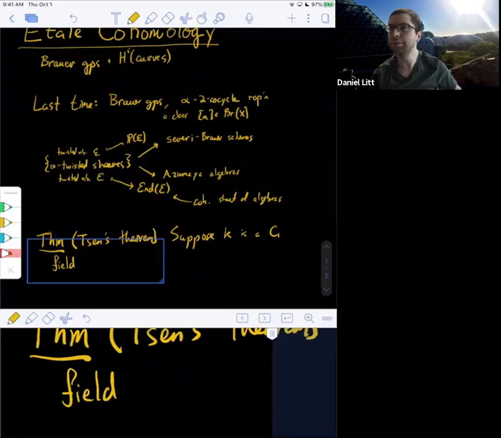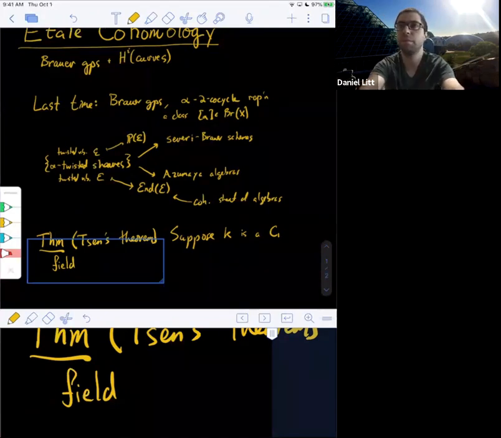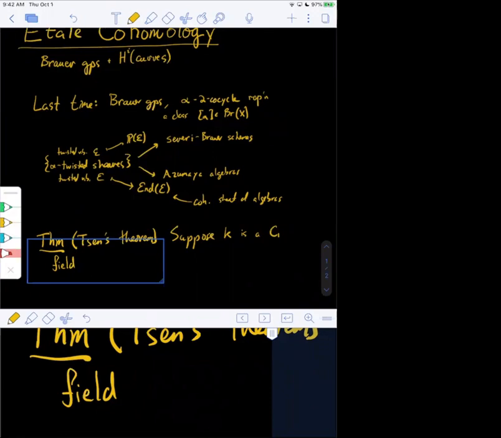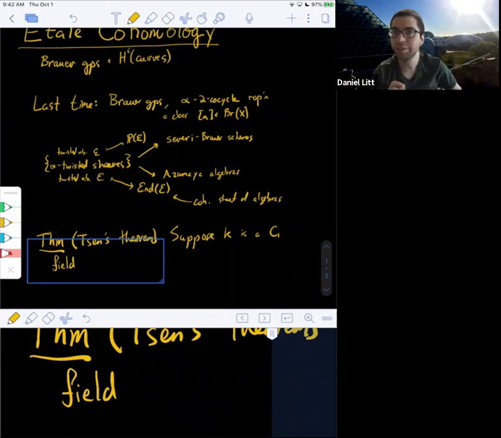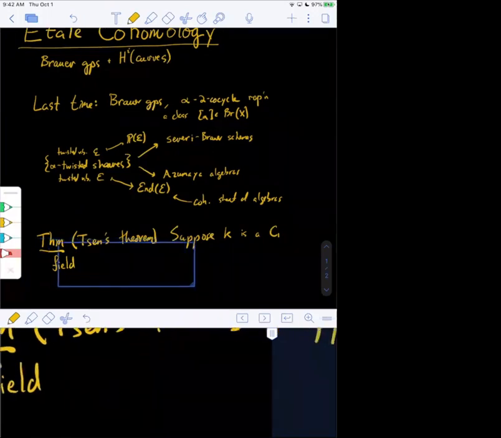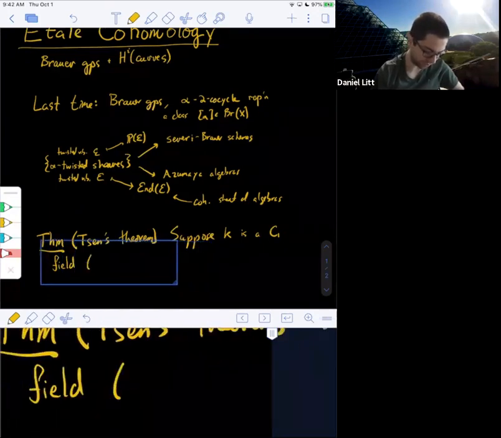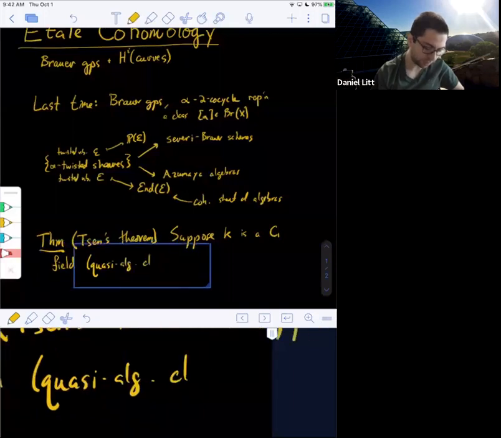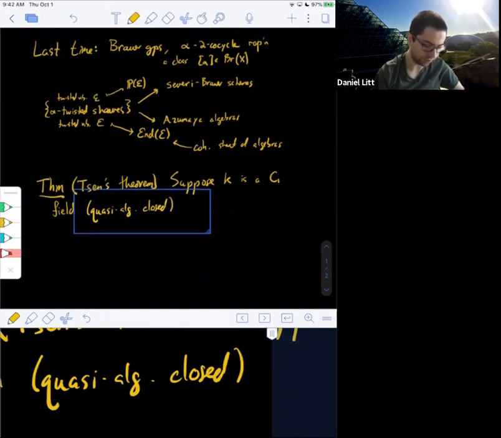So what does that mean? Does anyone know what this means? Anyone? I guess, I'm sorry, Peter? I guess if you have the degree of polynomials smaller than the number of variables, and you always have solutions. Yeah, that's right. So C1 field, okay, so I just checked, actually, I got a little bit confused. So this is the same as a quasi-algebraically closed field. And Peter more or less gave us the definition, which I'll write down here.